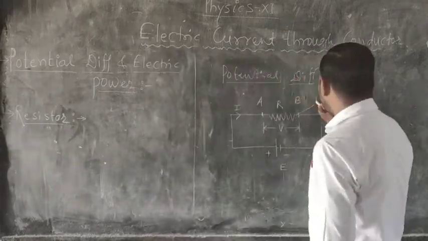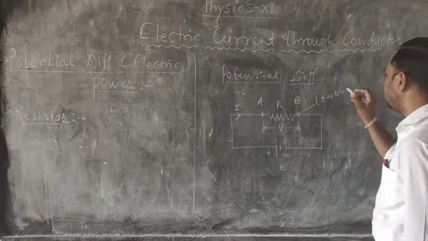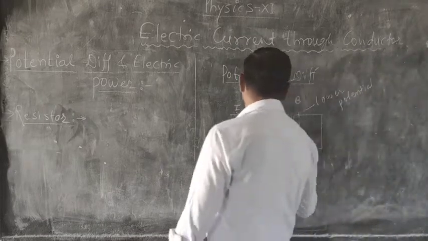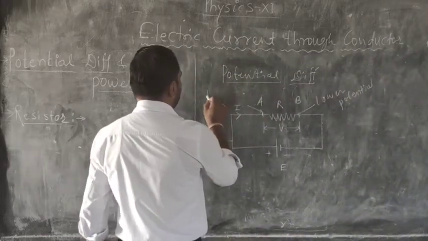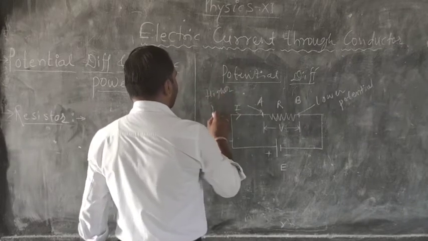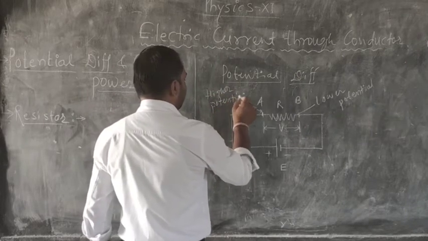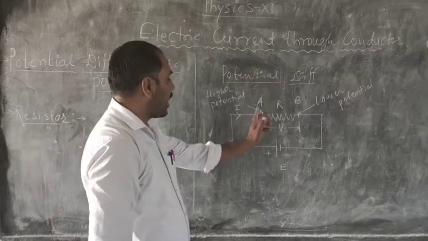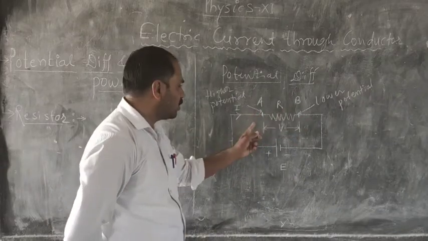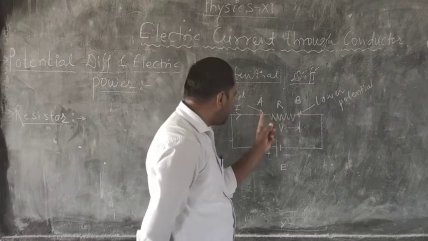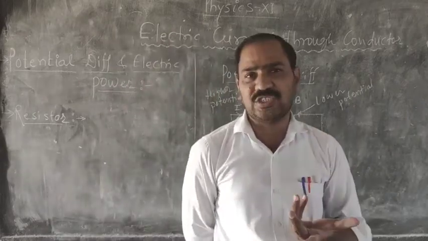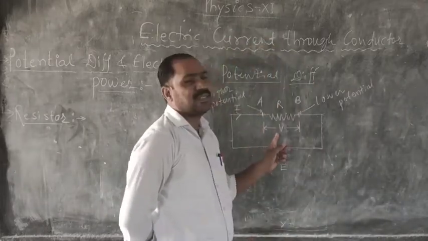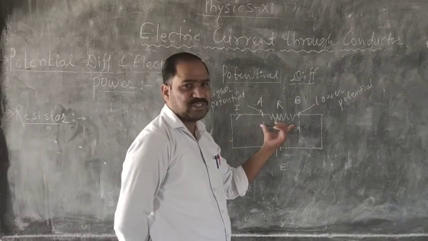So यहाँ पे क्या है? Lower potential है. This point B is at the lower potential, whereas this point A is at the higher potential, and this higher potential is denoted by the positive sign. This is the lower potential. Means this is higher in value, this is lower in value, that is positive, this is negative. Therefore at the points A and B there is a difference of potential. So this is called the potential difference. The potential difference is always denoted by the letter V.